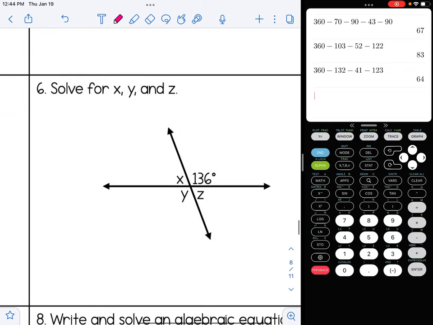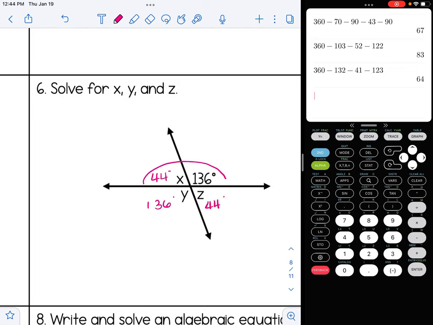Over on number 6, solving for x, y, and z. I actually could find the answer to this problem in a few different ways. If you know about supplementary angles and linear pairs, or if you know about vertical angles, you might know that x is going to have a measure of 44 degrees. Y is going to have a measure of 136 degrees using the vertical angles, and z is going to be